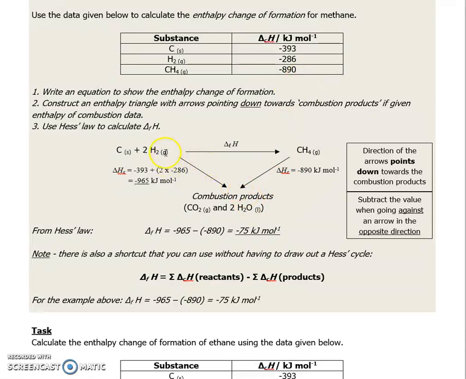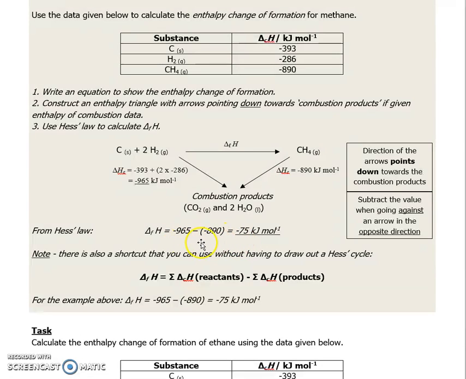So we said that the enthalpy change for this reaction is the reactants minus the products. So the enthalpy change of the combustion of the reactants is 1 carbon plus 2 moles of hydrogen. So that's 2 times minus 286. That gives us a grand total of minus 965. We're going to subtract away from that the combustion of our products, and that gives us